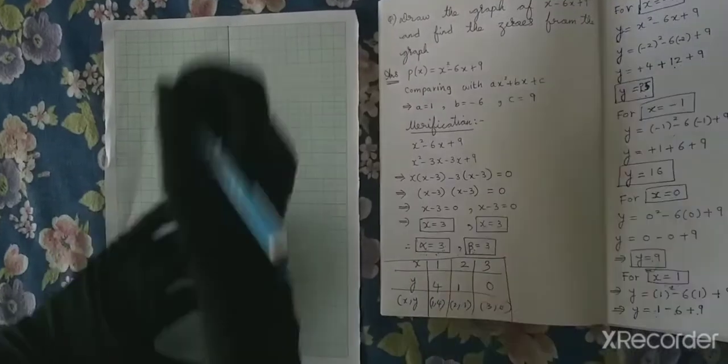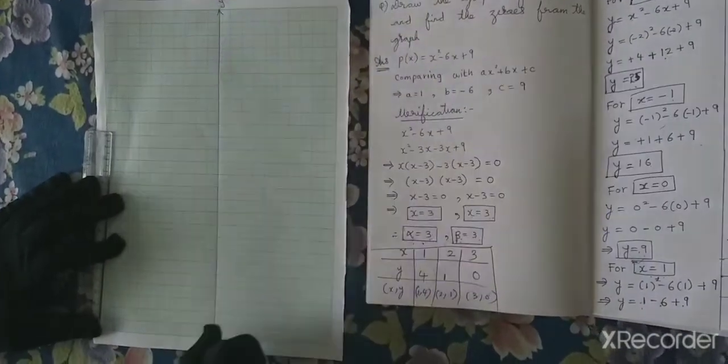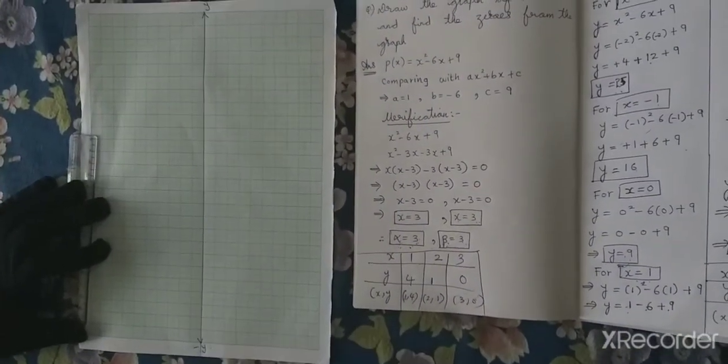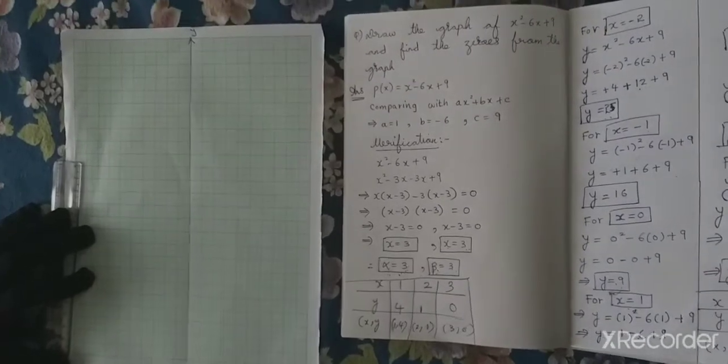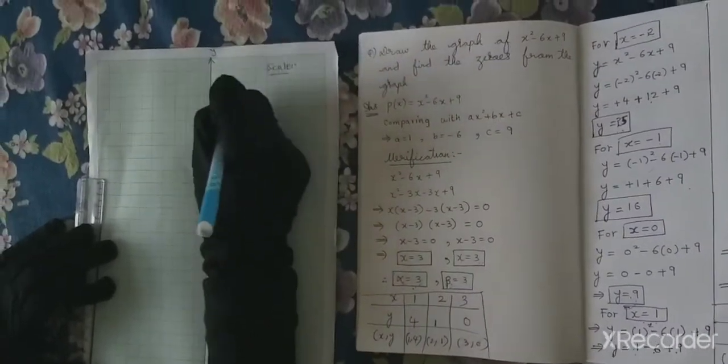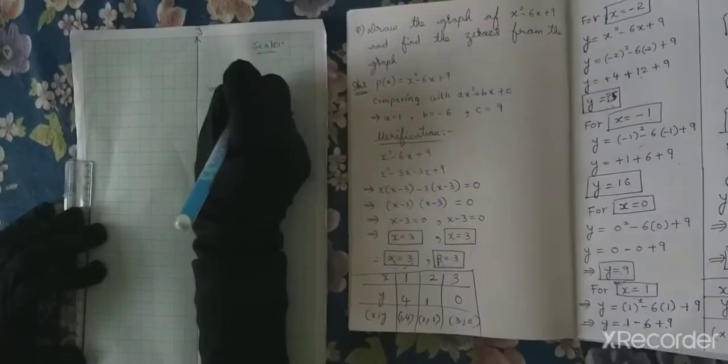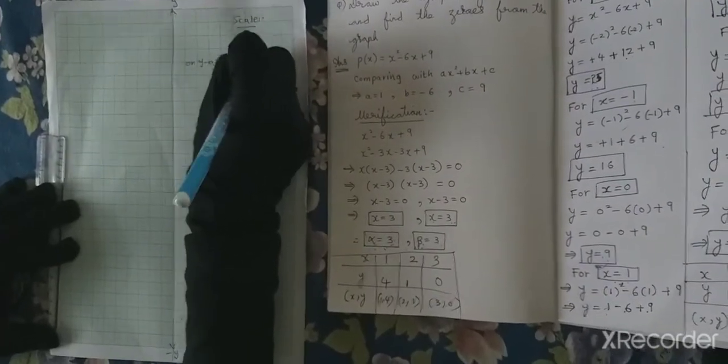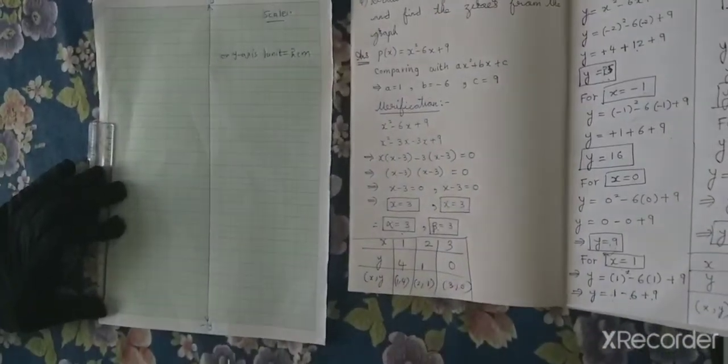So draw the y-axis. This is my positive y-axis. This is my negative y-axis. Okay. And if I observe here, since I have the values till 25, I can take the values as 2, 4, 6, 8, 10. So what can I take scale on y-axis? I can take on y-axis 1 unit is equals to 2 centimeter. Why 2 centimeter? Because I can take 2, 4, 6, 8, 10, 12 since I have to plot till 26.